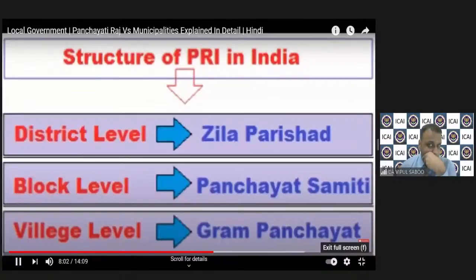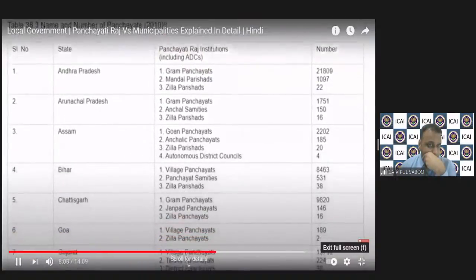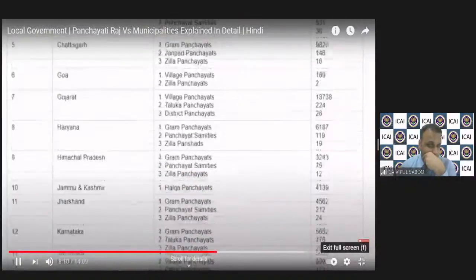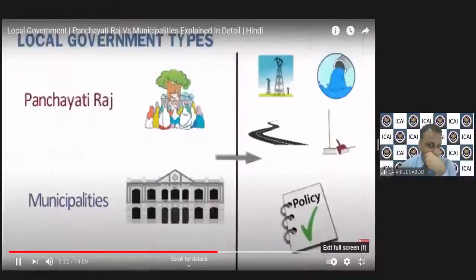जिला लेवल जिला परिषद, ब्लॉक लेवल पंचायत समिति, विलेज लेवल ग्राम सभा। अब स्टेट वाइज हम ये लिस्ट देख सकते हैं कि इन तीनों लेवल्स पर स्टेट में कितने मेंबर्स होते हैं। जिस टाइप से हमने अभी रूरल एरियाज यानी ग्रामीण इलाकों की लोकल गवर्नमेंट पीआरआई पंचायती राज इंस्टीट्यूशन को समझा, इसी प्रकार से अर्बन एरियाज यानी शहरी इलाकों